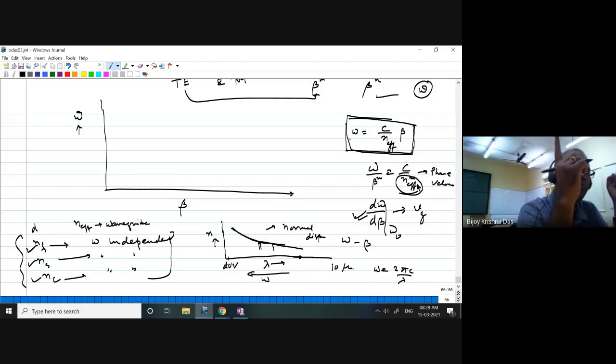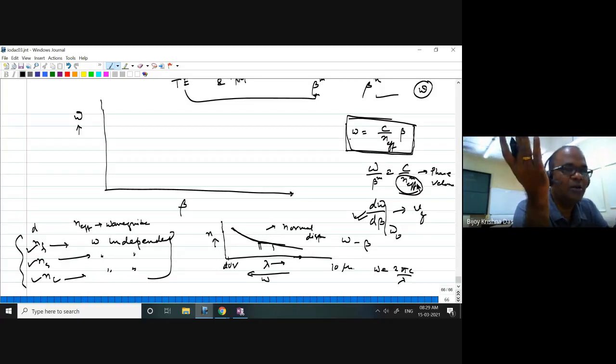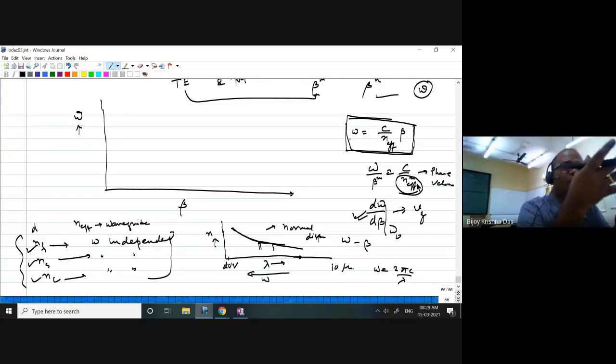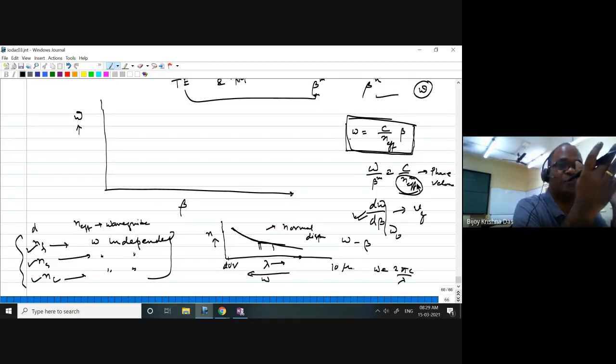Within the mode, suppose you have a fundamental mode. In the fundamental mode, you are considering a wavelength range from 1500 to 1600 nanometer, the communication band. So as you change your wavelength, the phase velocity will change because of the waveguide dispersion. Modal dispersion, waveguide dispersion: when I talk about modes, you have to distinguish all these dispersions. One is material dispersion, one is modal dispersion, and another is waveguide dispersion.